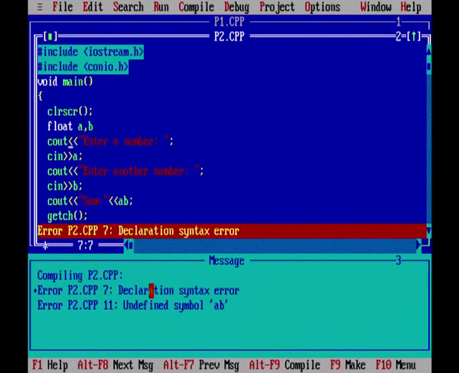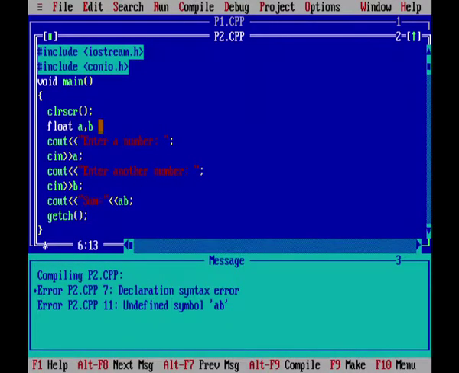Whenever there is a syntax error, I can easily remove it. I should observe my program and then I should remove those errors. I can take a clue from the error messages shown and then correct those errors, and then I run the program again. Now, my program is running properly.